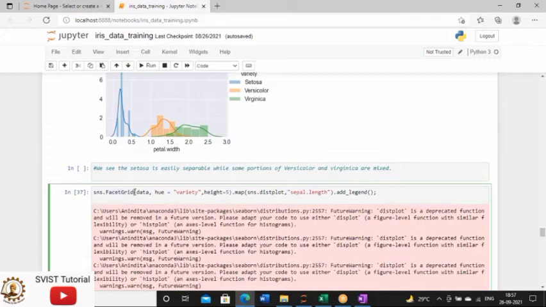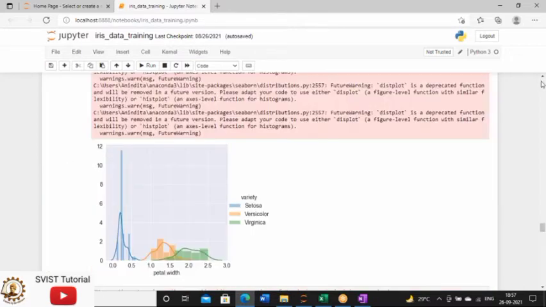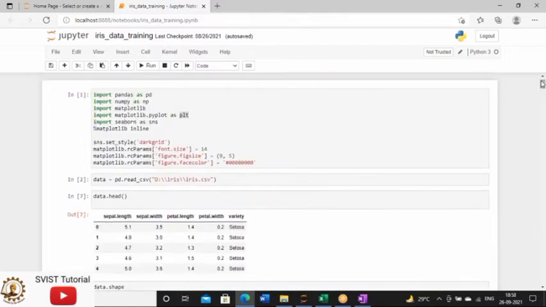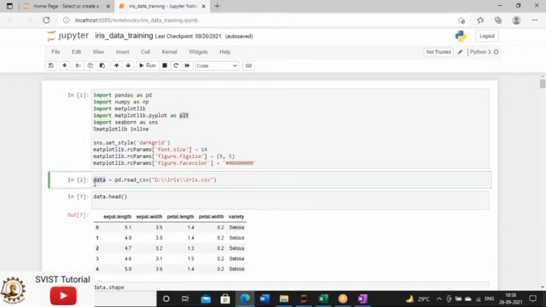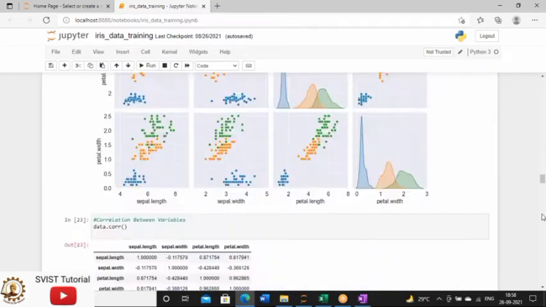Yesterday I was explaining the rule of plotting anything in Python: first write the alias, dot, then the graph name. So this graph is known as FacetGrid, and then you have to write the data frame name. Why is it data? If you see over here, the data frame is where I have read the file. Whatever CSV file I have read is stored in data. Then I have written this data frame name,